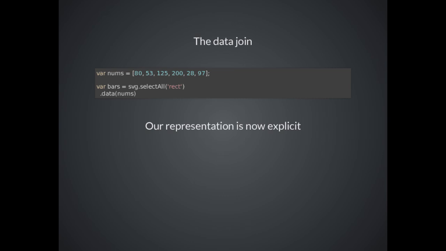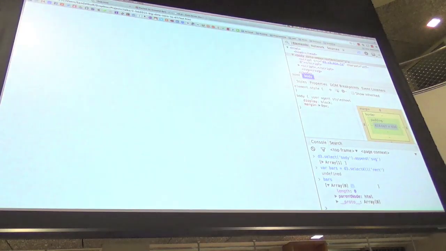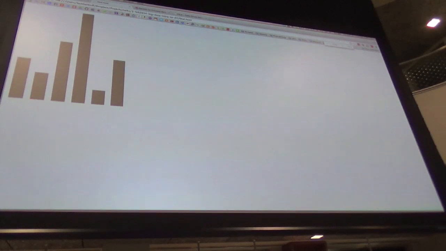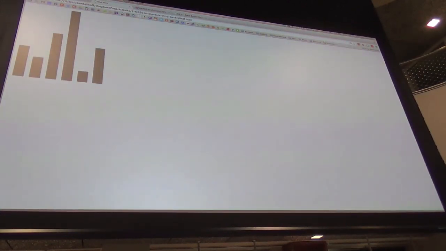When we select things in the DOM, we're selecting something tangible, right? Say we have those 6 bars, and let's say they look like this. These things have all sorts of attributes about them. They have X and Y, they have widths and heights. They're tangible, they're real. We selectAll rect, and we get an array of 6 rect elements with all their